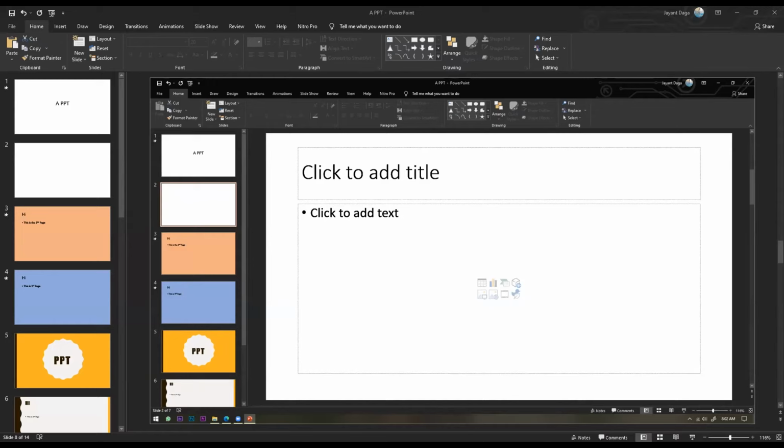All right. See, this is home section. These are various sections. This is home. We have insert, draw, design, transition, animation, and slideshow. Okay. The home section. Are you familiar with Microsoft Word?